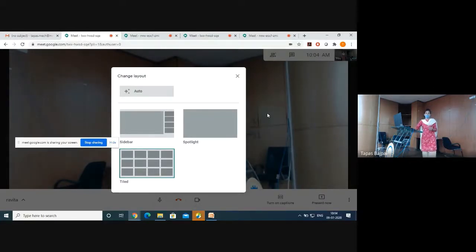If they are using the organization's domain, then they can join without any permission. If they are using their personal account, then they will send the invitation and we have to admit them. It depends on the email account. If it is your organization's domain, then they can join through the link. If they are using some different account, then they have to take permission. They will send the invitation and we have to admit it.